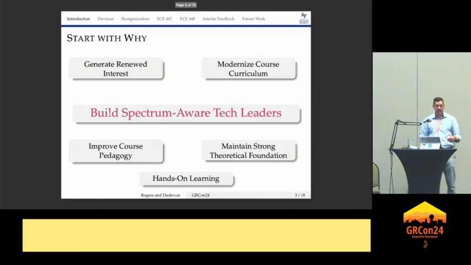And really, in the end, I want to build spectrum-aware technical leaders for the next generation of my Air Force and of our military, and then of our commercial sector, who are going to continue to help do things like develop SATCOM radios. I just heard that the new iOS has an SOS feature that uses SATCOM radio, which is super awesome, that you can phone home from your iPhone. Even though I don't have an iPhone.